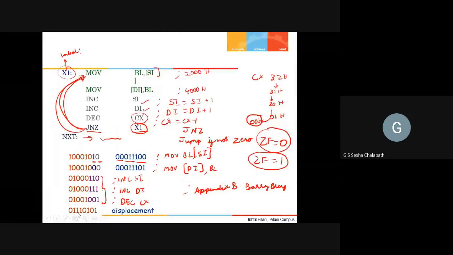So you have 0111 0101, followed by a displacement.